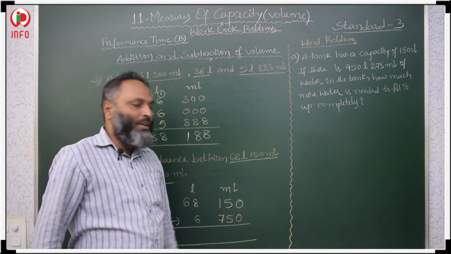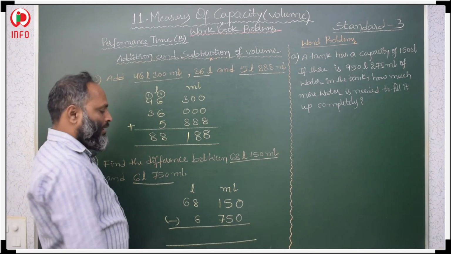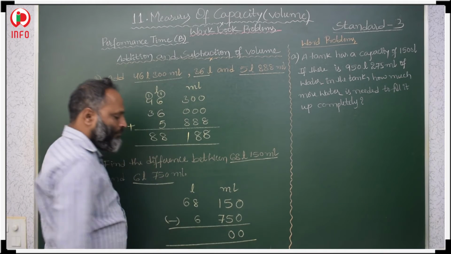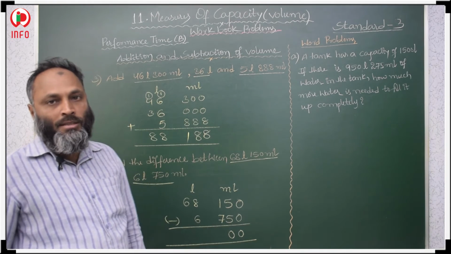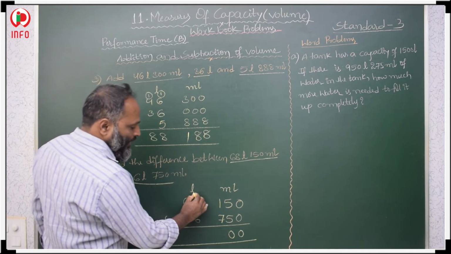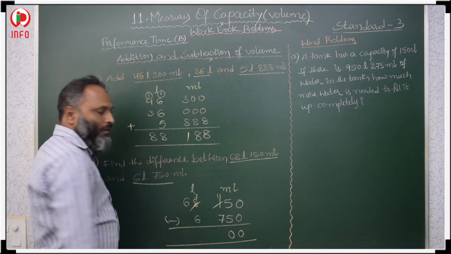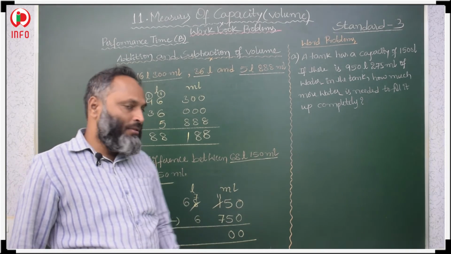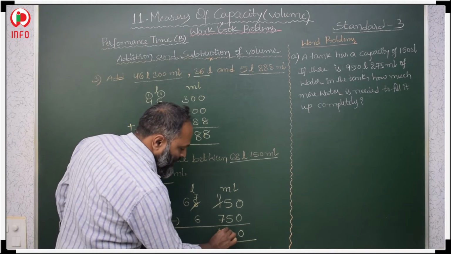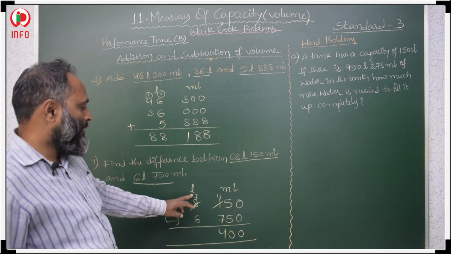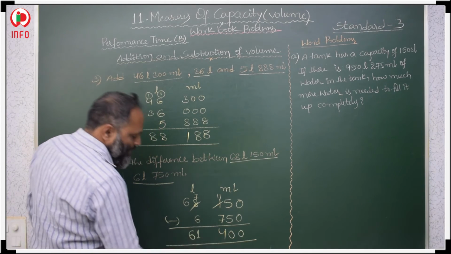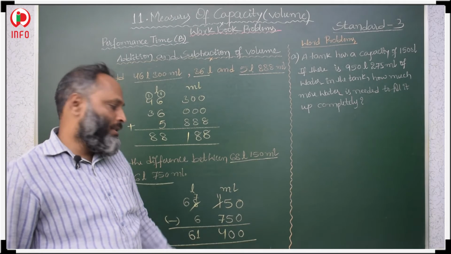How to subtract? Extreme right digit, that is 1's place of a milliliter. 0 minus 0, 0. 5 minus 5, same number minus same number is 0. 1 minus 7 we cannot subtract, so we have to take borrow from 1's place of the liters. Here you will get 7, here you will get 11. 11 minus 7 means from 8 to 11 we have to count: 8, 9, 10, 11. It is 4, 400 milliliters. Now, liters: 7 minus 6, consecutive numbers, difference is 1, and 6. 61 liters 400 milliliters. This is the difference. Okay.